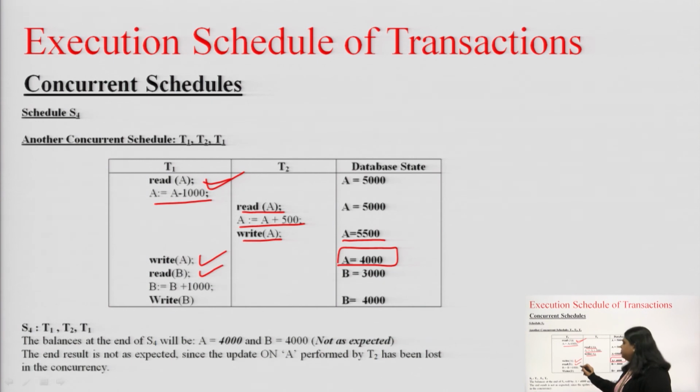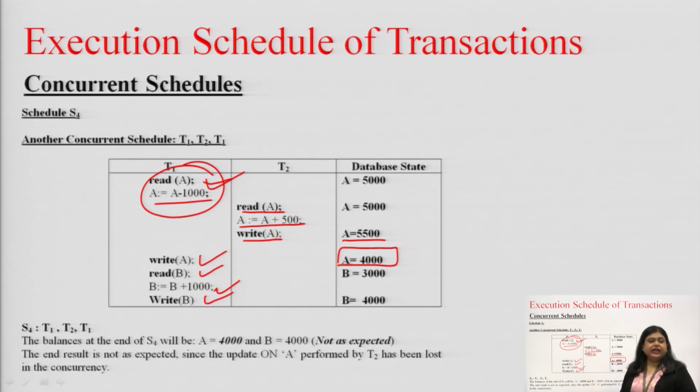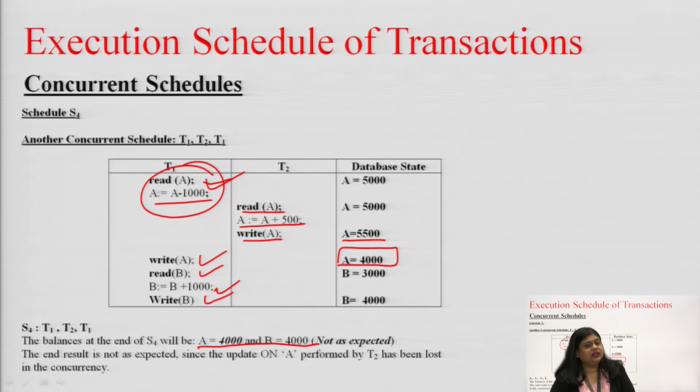Then it reads B, makes changes into B, and it writes the value of B back. There is no problem with the B database, but what happened, the consistency of A has got damaged, right. So, over here you can see that A and B both are now 4,000 rupees, which should not have been the case. So, this is a concurrent execution, and because of this concurrent execution we have ended up in a problem,